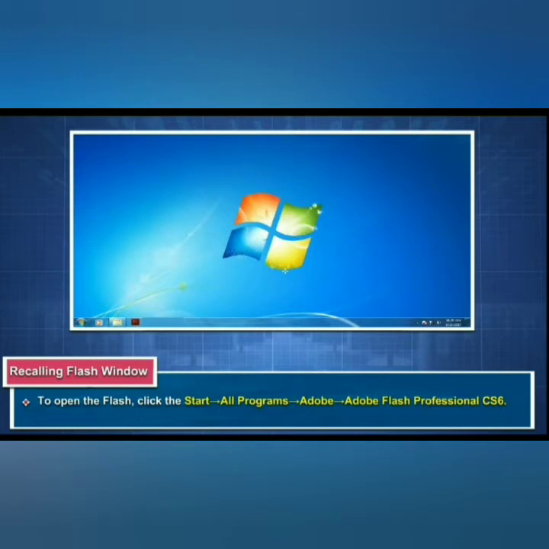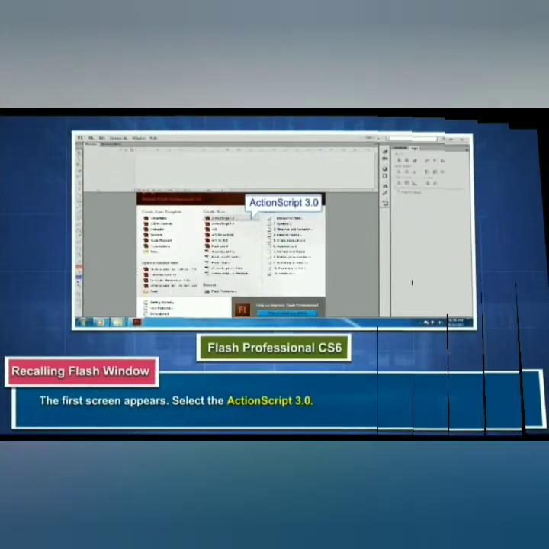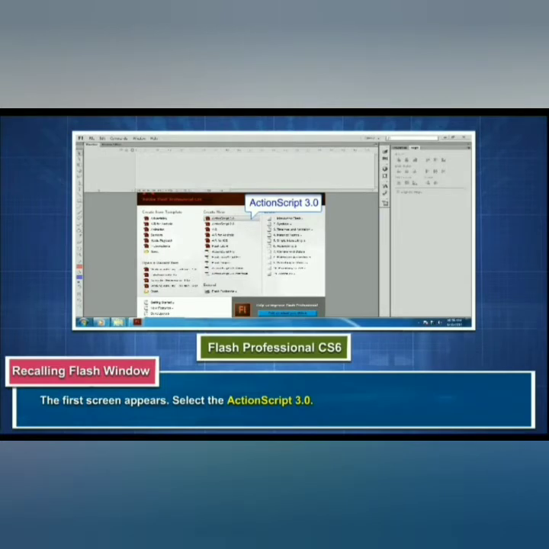To open the Flash, click the Start, then go to All Programs, Adobe Flash Professional CS6. This is the name of the software which we are going to use. The first screen appears.